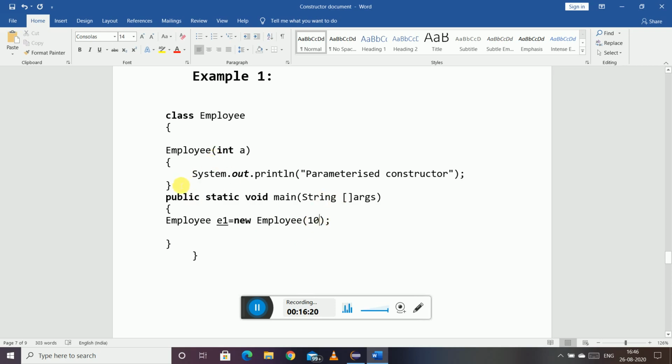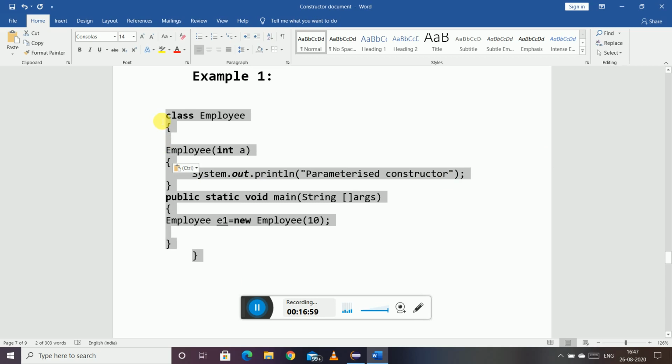Okay, and the data type of that value should match, like here we have int a, so an integer value will be passed. If it were string a, then we would have passed some string here. Okay, so according to the value we are passing, we have this variable here. The data type of the variable should be accordingly, right? So if you are passing 10, then this a will get 10 here. And now I am printing this message parameterized constructor.